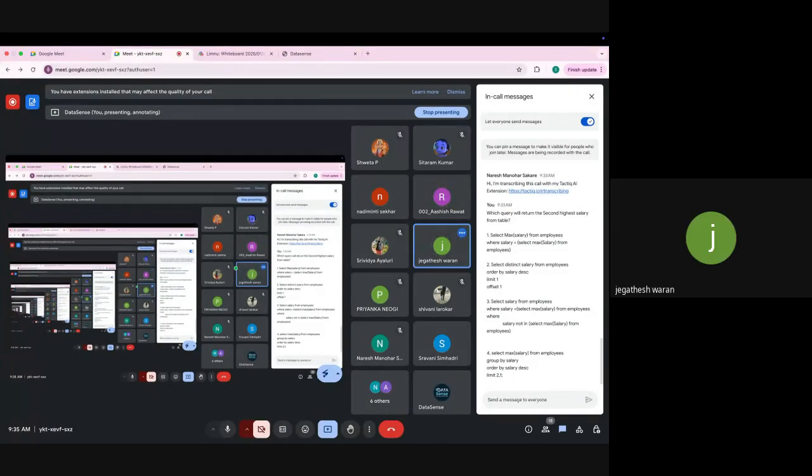So does the data have duplicates? That you guys decide. I just asked you a question, so you have to assume. If duplicates are there, then there might be duplicates. But you have to assume one. No one will tell you whether there are duplicates or not. You have to analyze things yourself.